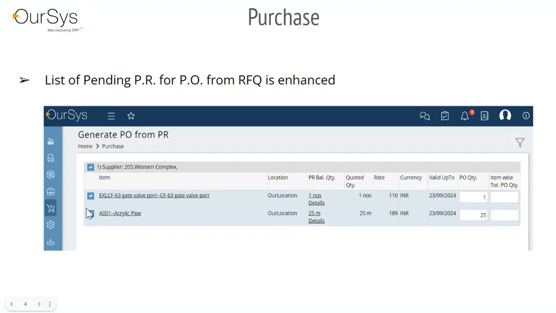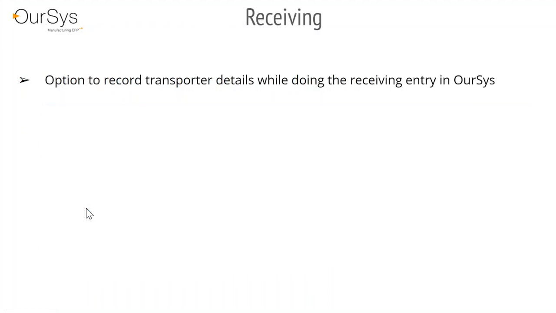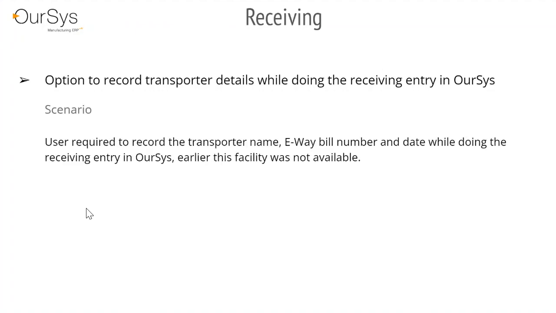Moving to the next module, that is receiving. Option to record transporter detail while doing the receiving entry in OurSys. So in previous version of OurSys, we did not have facility to record any transport related detail while receiving material either from our vendor or from the customer. So